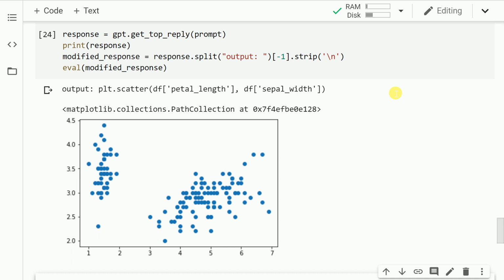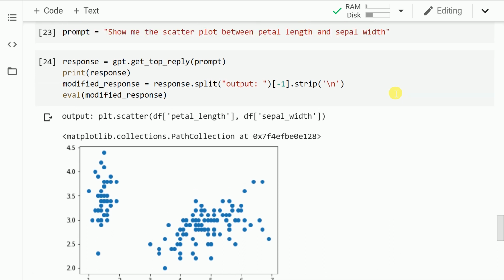As you can clearly see, it was able to generate the right command, that is plt.scatter(df['petal_length'], df['sepal_width']). If you notice closely, while defining the input, I never wrote petal length and sepal width with an underscore. But when it generated code, it was smart enough to understand that petal length corresponds to the petal_length column. So this is the amazing power of GPT-3.